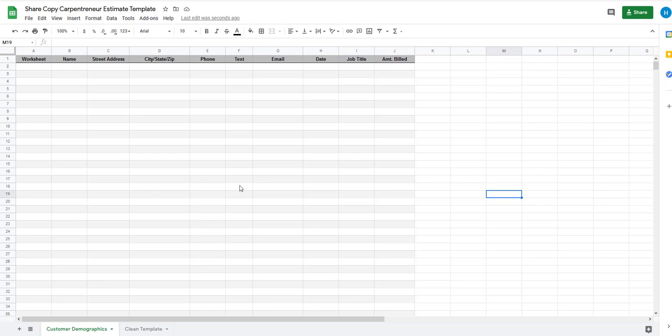I've used a lot of different estimating platforms in the past, everything from paper to paid software, and this is my favorite way just because I built it myself. It's customizable to myself. It's great for small jobs. This template, you could probably expand it to do bidding for large jobs, but really it's designed for small jobs